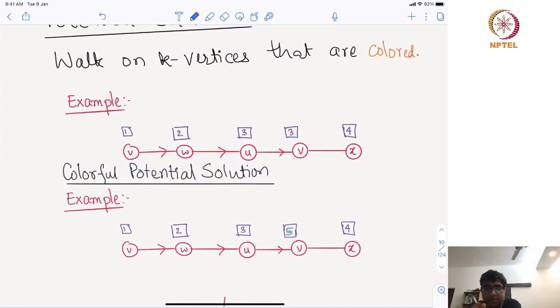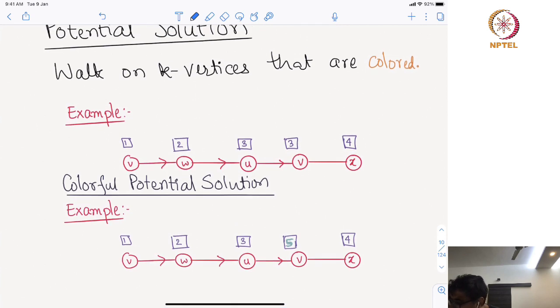Every occurrence of a vertex should be assigned a different color. In other words, if you look at the first vertex of the path, the second vertex, they all have distinct colors. The colors do not repeat. So look at this. This is not a colorful potential solution, because